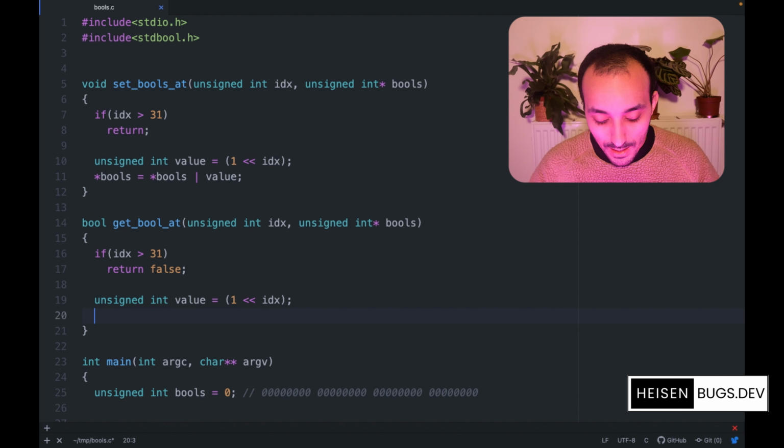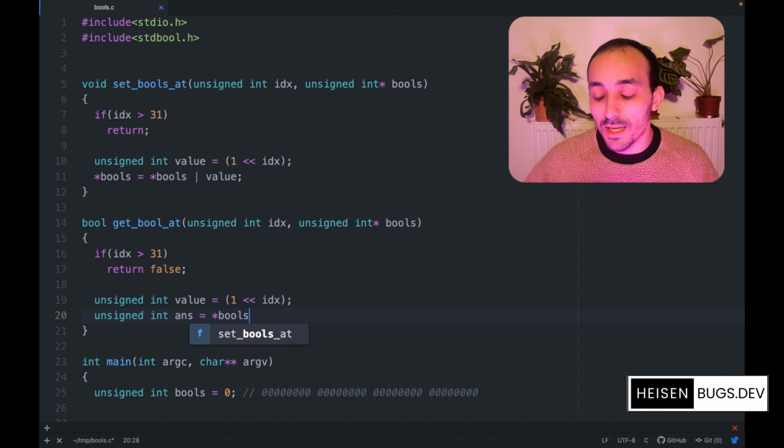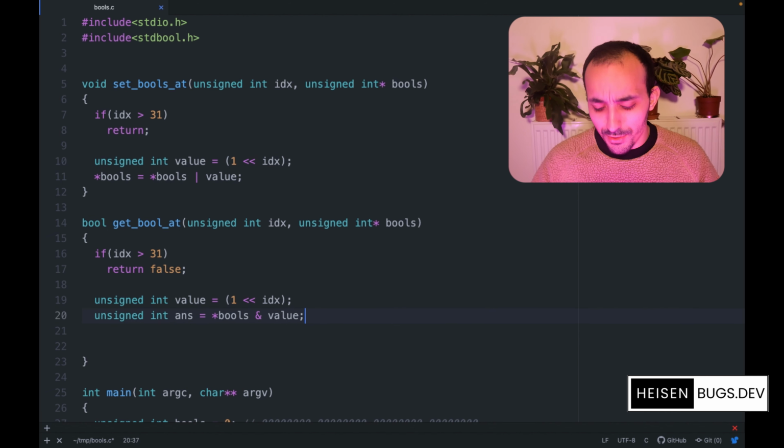So now I'm going to create a new unsigned int variable, which is named answer, ans for example, and I'm going to use the bools here, so the unsigned int variable pointed by the value bools, and I'm going to use the ampersand operator, which is simply the AND operator, and I'm going to use the value here. Okay, you might be wondering,